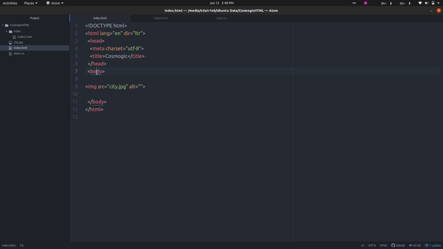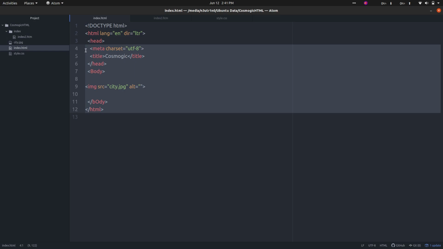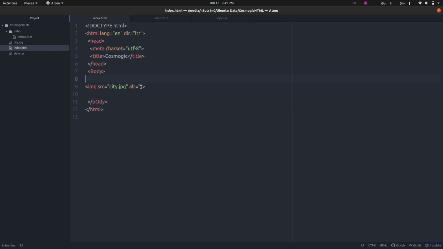One more thing to remember, HTML is not a case sensitive language. It means you can write the tag here also like this, and both work the same, but you can't change the pattern of this value. It means you can't write it here like this, CITY. Values are case sensitive, but the tags of HTML are not case sensitive. Remember this point.